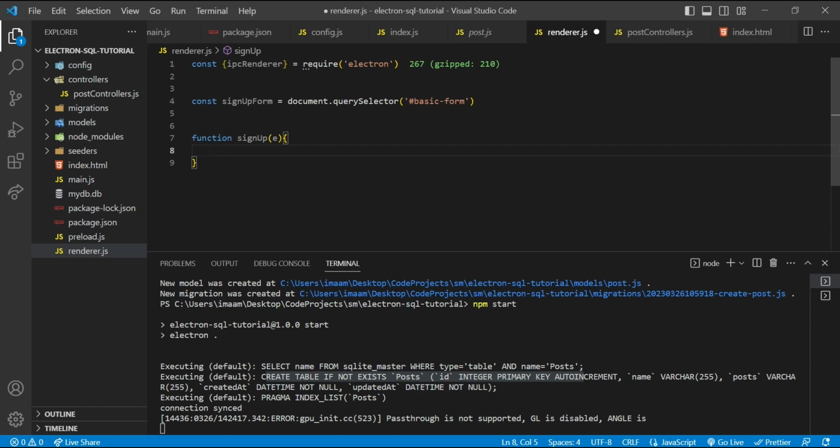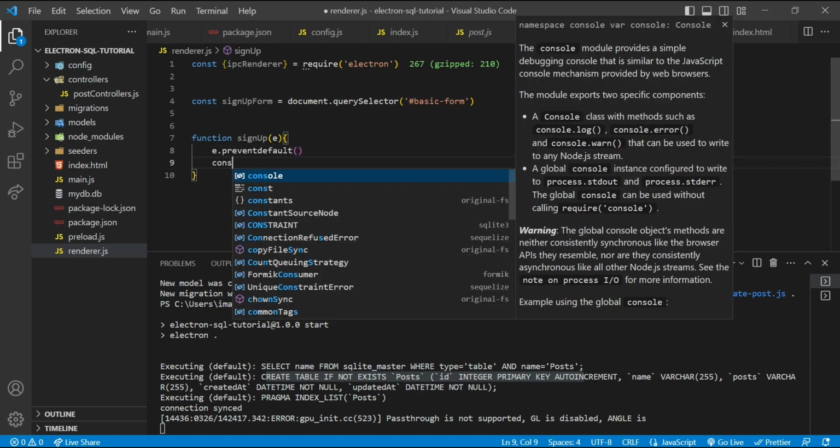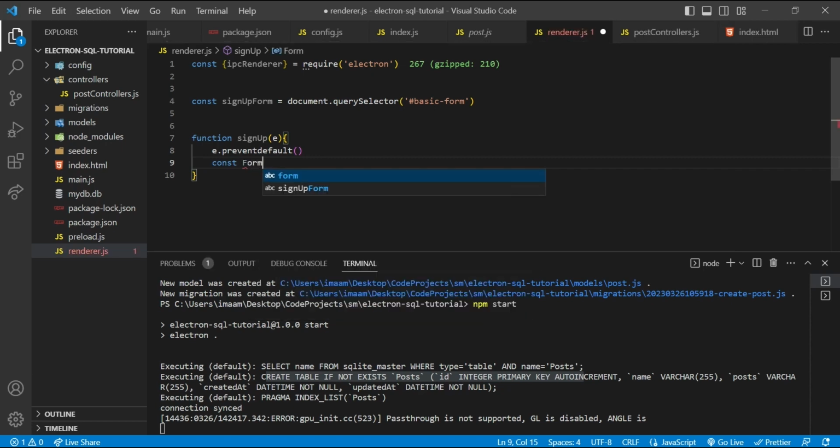So first of all, let's prevent the default, and then let's say const formData equals new FormData,